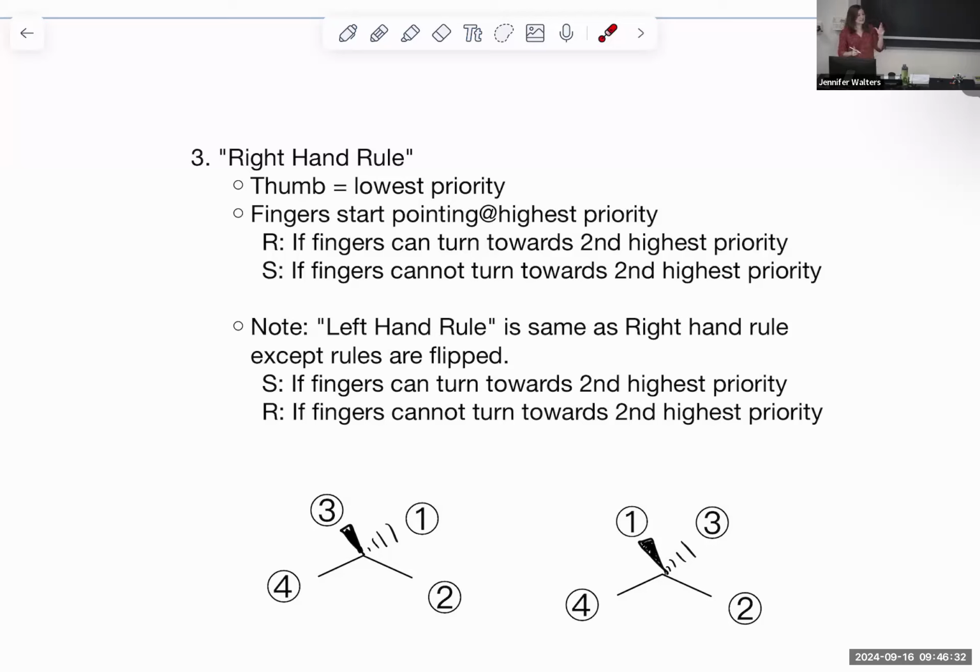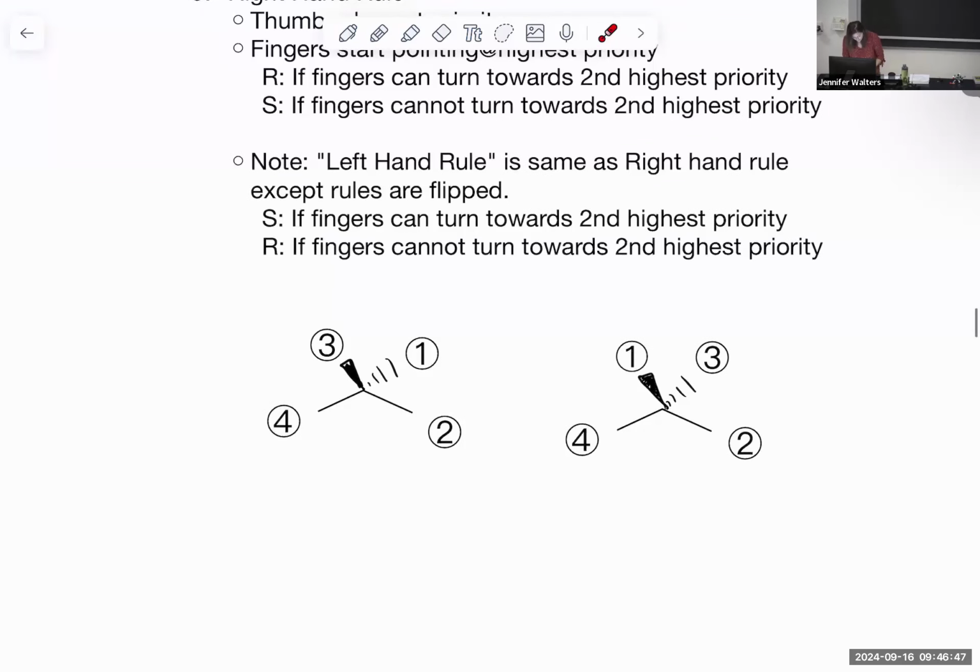The left-hand rule is the exact same thing, just the opposite direction. So for left-hand rule, if your left hand can do the curl, then it's S. If you have to break your left hand, then it's R. So right hand curl R, left hand curl S. So what that looks like